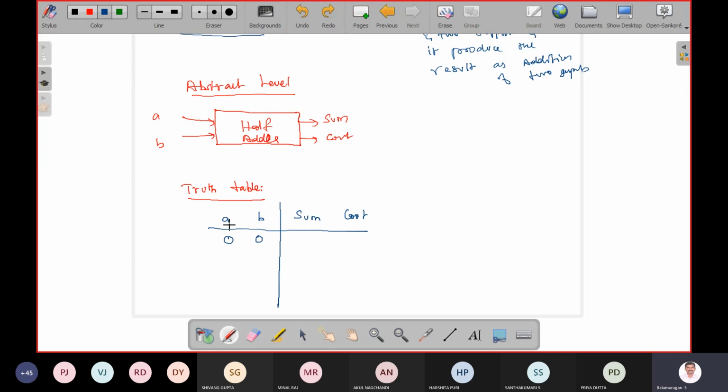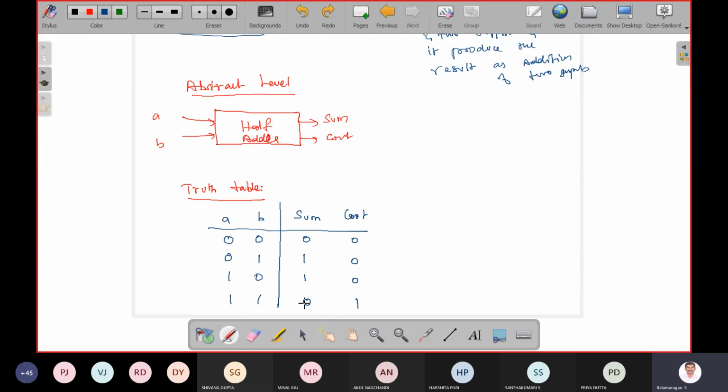Since you have two inputs, there are four possible input combinations: 00, 01, 10, and 11. Adding 0 and 0, sum is 0, C out is 0. 0 plus 1, sum is 1, C out is 0. 1 plus 0, sum is 1, C out is 0. 1 plus 1 is 10, that means sum is 0, carry is 1.